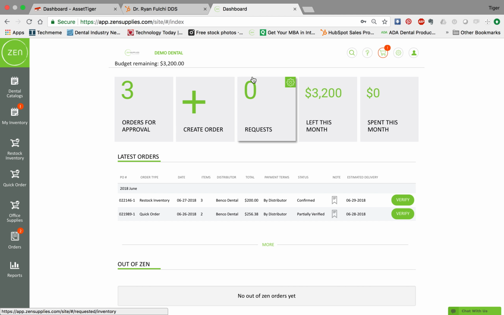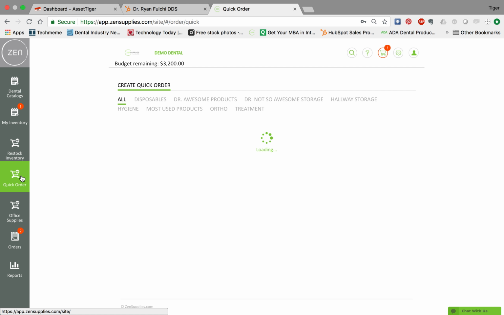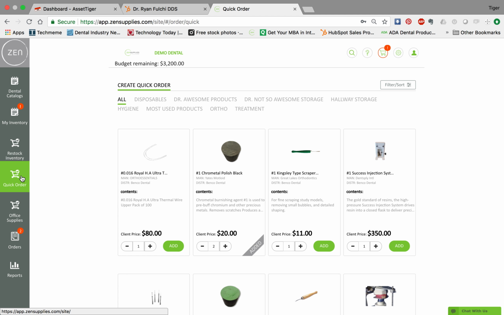Welcome to Zen Supplies. Today, we're going to look at how to create an order within our system. So first of all, and the easiest way to do it is going to be to use what we call quick order. So imagine this. We're going to select quick order and all the products that you have entered into the inventory will appear under